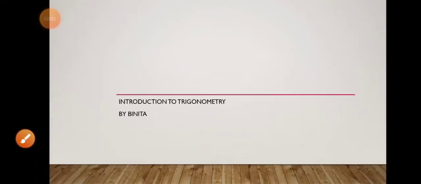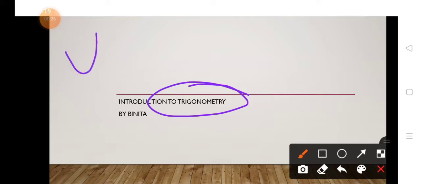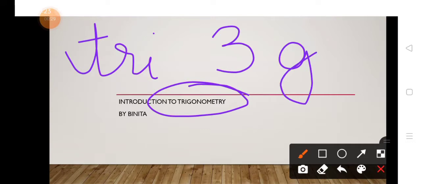In all the situations given above, I gave you 3 situations, yes or no? Now, the distances or heights can be found by using some special mathematical techniques. The distances and heights can be found using a branch of mathematics which we call trigonometry. We'll learn it here. The word trigonometry is derived from the Greek word tri, meaning three,